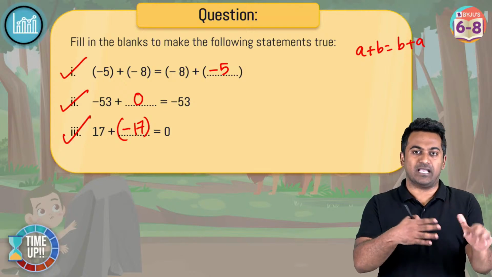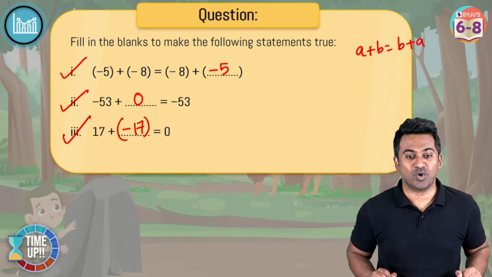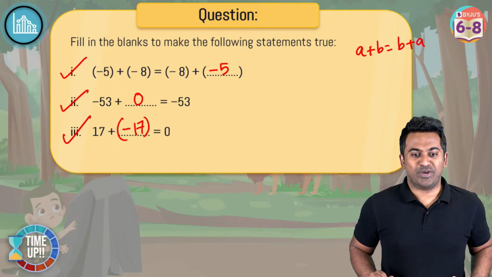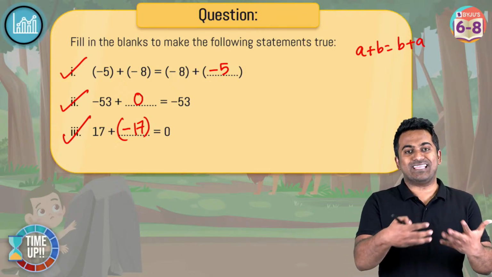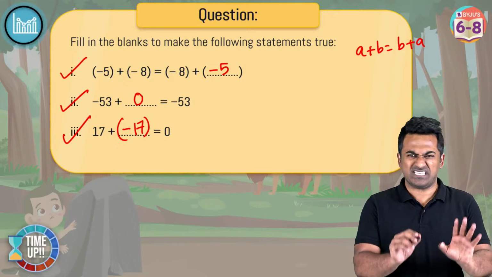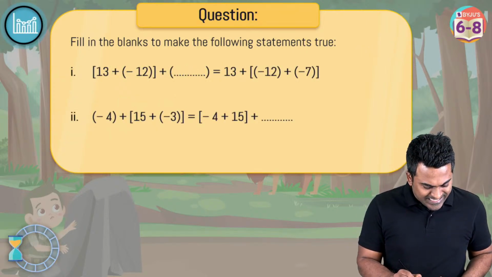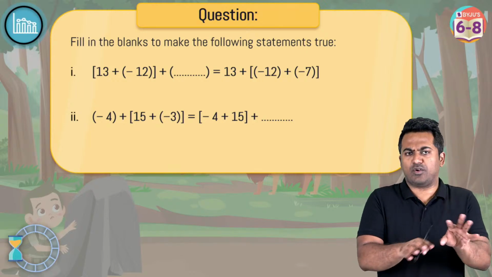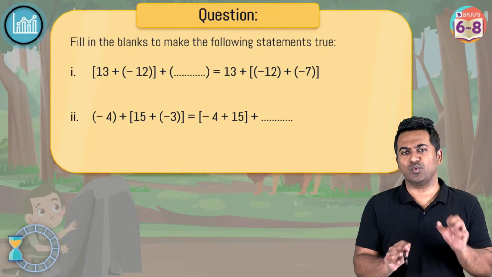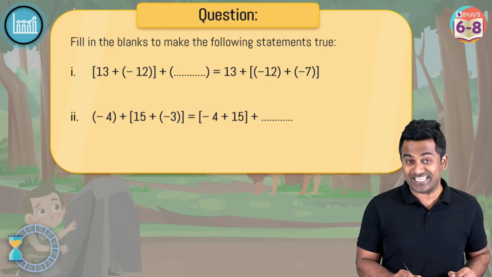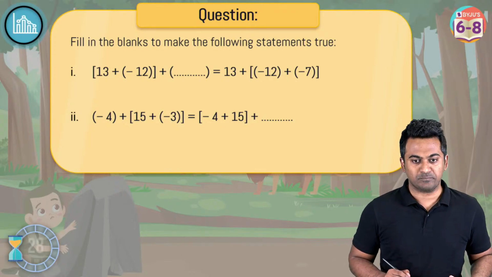Additive identity. Yes, I'm sorry, I didn't complete the statement there. So additive identity is what it is. All right, so pretty good, right? So these three basic properties, first commutative, then additive identity, and then the additive inverse. Okay, these are simple questions. Now let's move on and check out the second set. So again, these two questions are going to revolve around some properties that we have already studied. 30 seconds should be enough for you to get through to the correct answer, and your 30 seconds are going to roll down now.